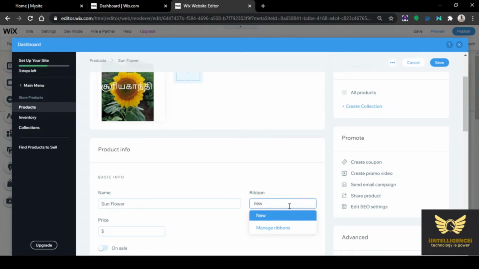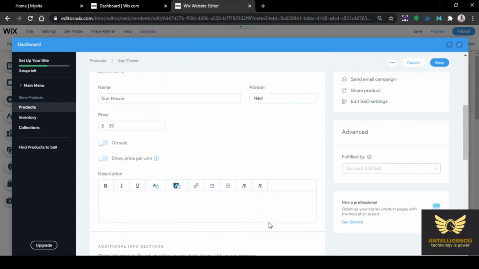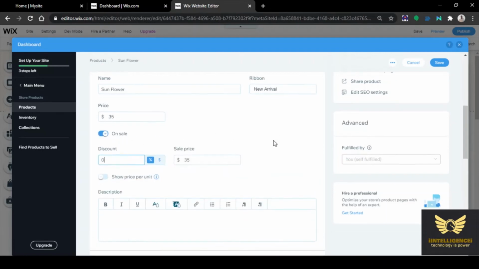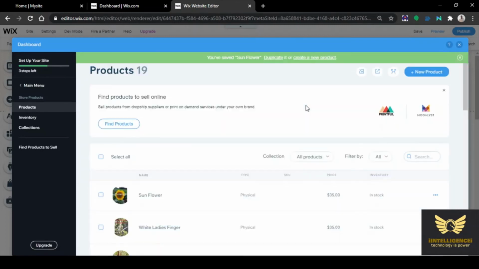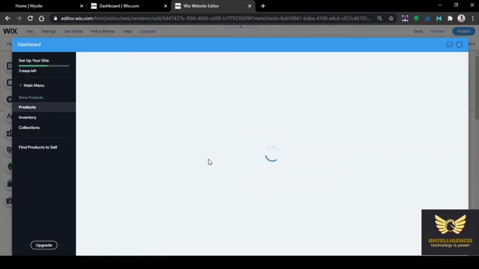Ribbon: you can make it new arrival or new, whatever you like. All $35. Based on the product, whatever highlight you want for the product, just give it. Click save. Click new product.